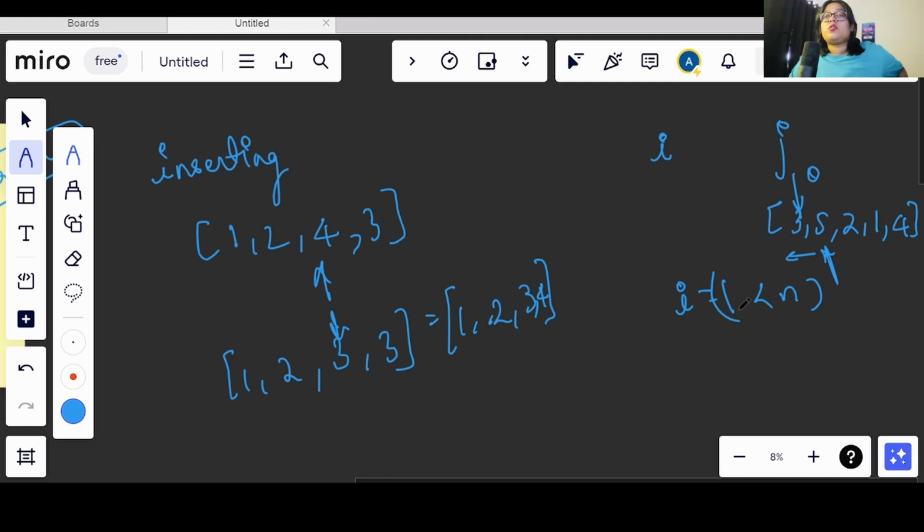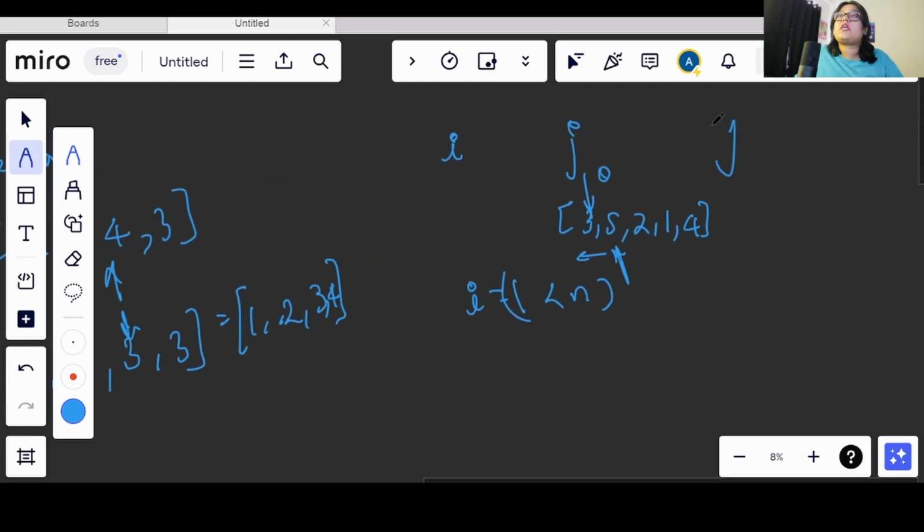Now we will see how this algorithm works. We know that j will be starting from i minus 1 and i will be starting from 1 and will go till less than n. So we have a basic boundary, and j will go till greater than or equal to 0, in reverse order.